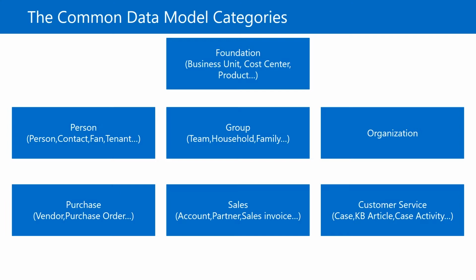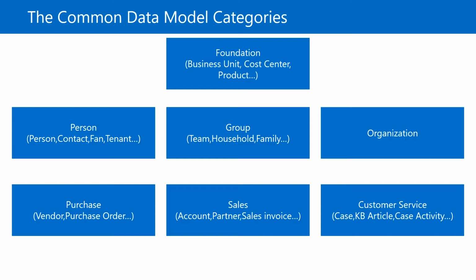Person has obvious things like person and contact, but even some more specialized things like fan and tenant that you might use for certain scenarios. Groups, teams, households, family, organization would be more like companies and accounts as we would think about them. From a purchasing side, things like vendor, purchase order, sales, you get into the partner sales invoice, basically tracking the actual sale that you're working with. And then from a customer service standpoint, case, KB article, case activity, standard things you would think of around a